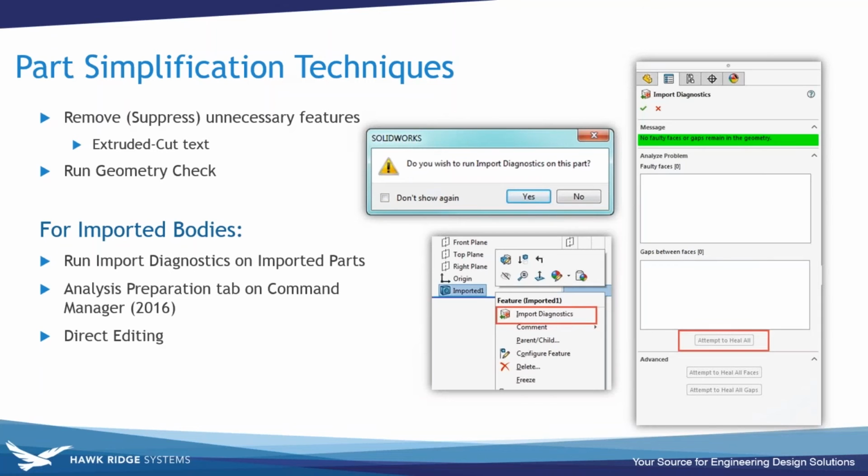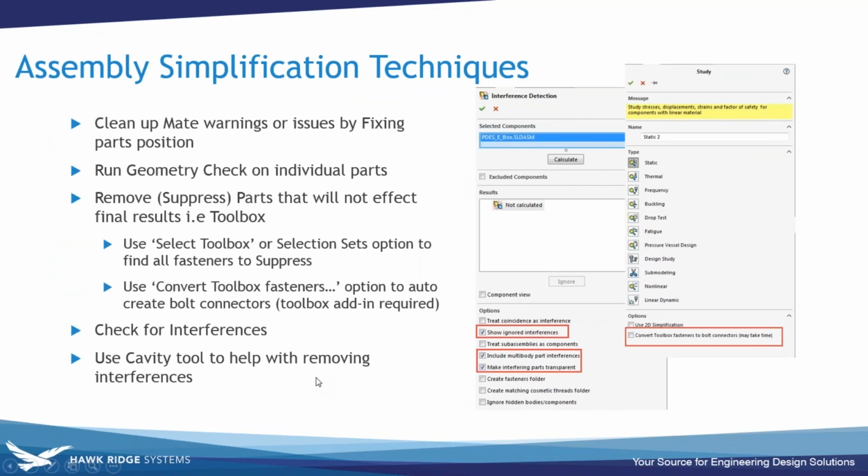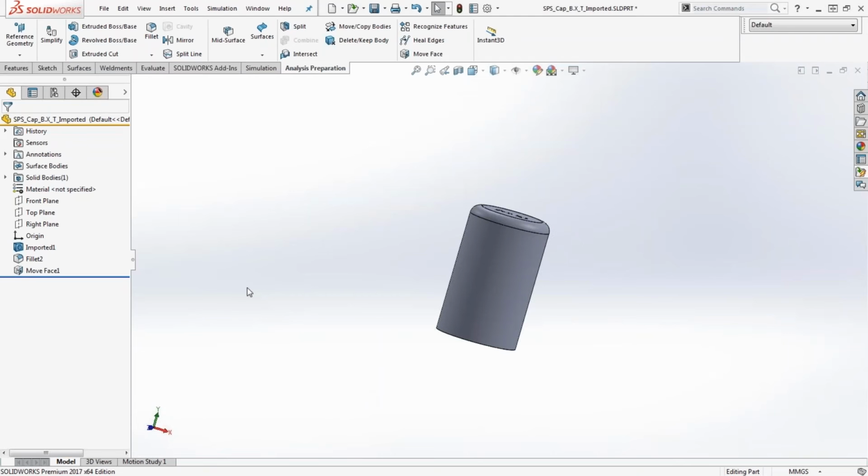This is what we can utilize, or kind of the highlights of what you need to look at a part level. When we graduate to a more complex assembly, there's a lot of things that we can look into as well. The first thing that I want to take a look at is this cleanup mate warnings or issues by fixing part components. So if I go into my actual assembly again and go into my full model here,